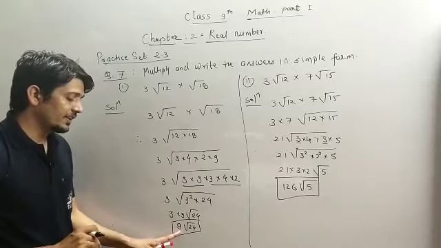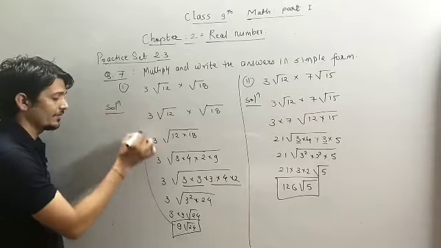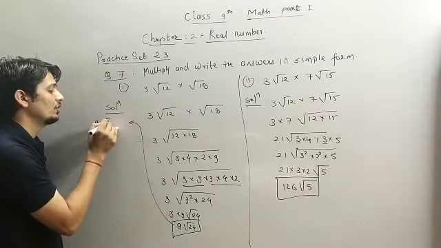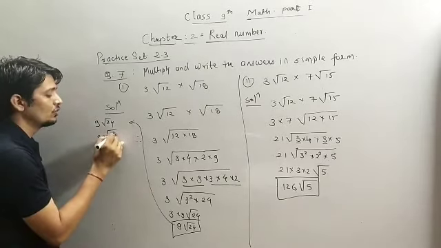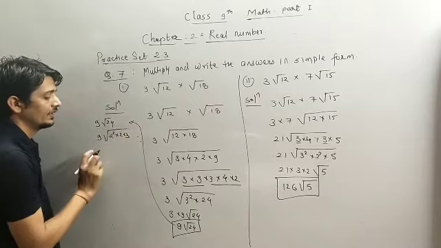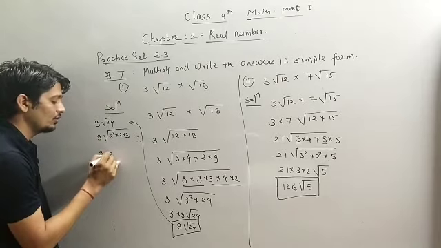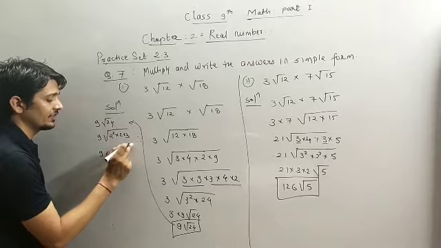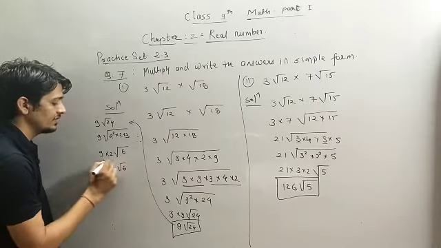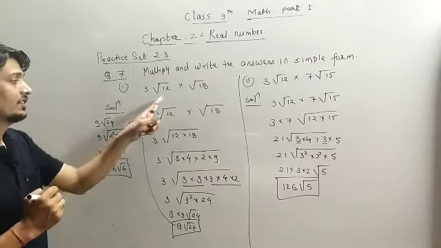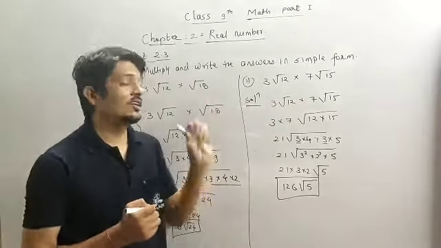Now we can simplify this 9 root 24 again. Here we have 9 root 24. So 9 root 24 can be written as 9 root of 2 square into 2 into 3. Look, 2 has a square, that means 2 also comes outside. So 9 into 2 into root of 2 3s are 6. 9 2s are 18. So we can write 18 root 6 as the simplest form of this surd. So this is the simplest form for the first question and this is the simplest form for the second question.